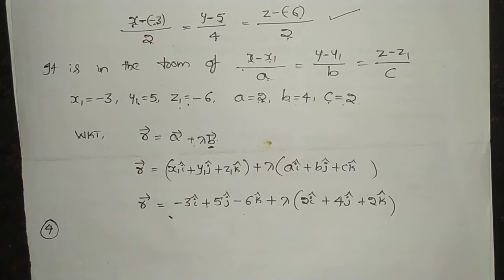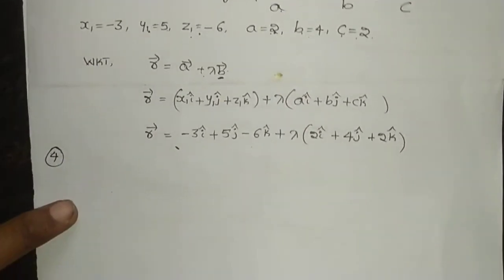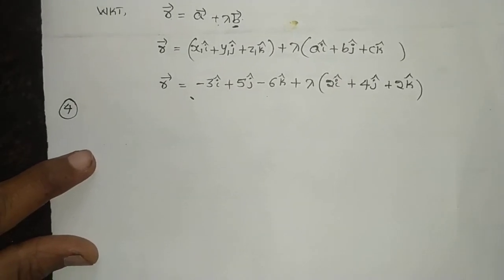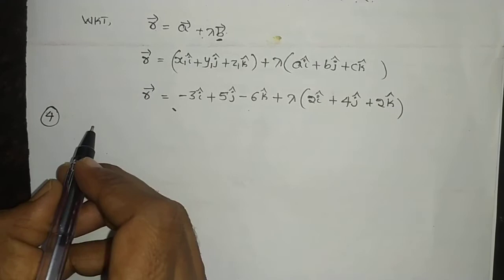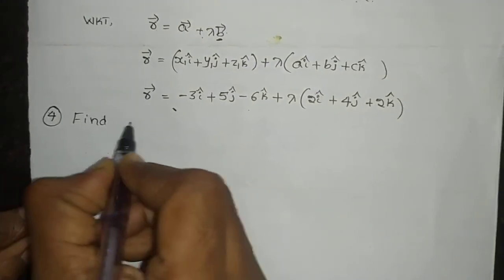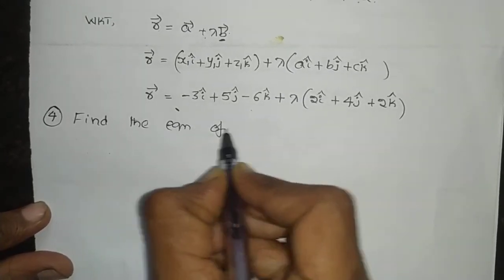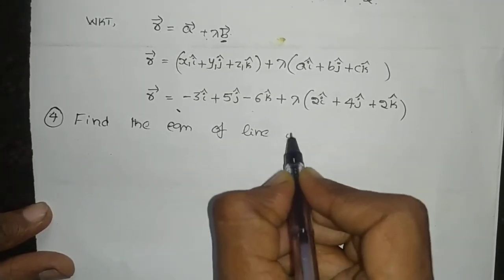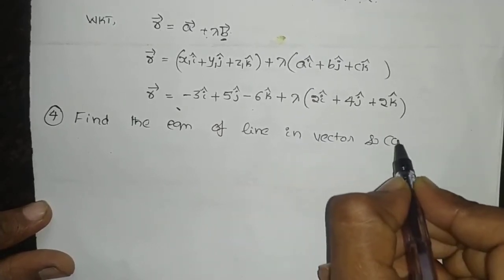Okay, now the fourth question. Find the equation of a line in vector and Cartesian form